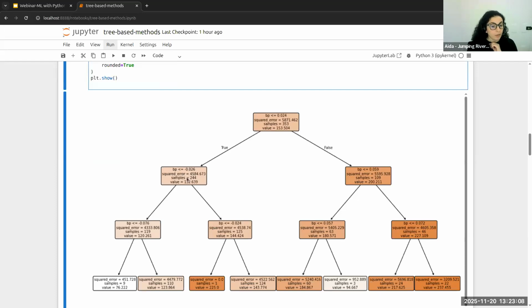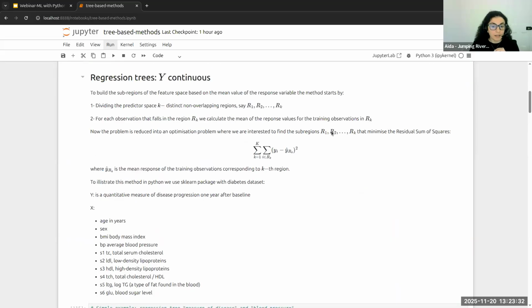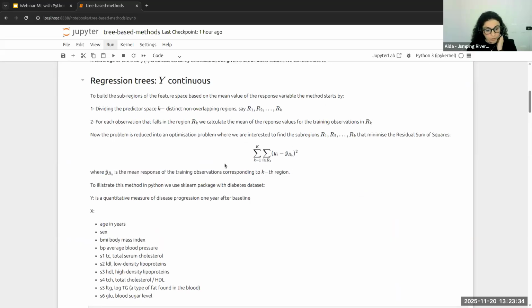And also the number of samples, so the number of observations within each region, and the mean value associated with that region as well. So it's very easy and nice to visualize how things change from one region to another, and how these nodes have been optimized to minimize this residual sum of squares.